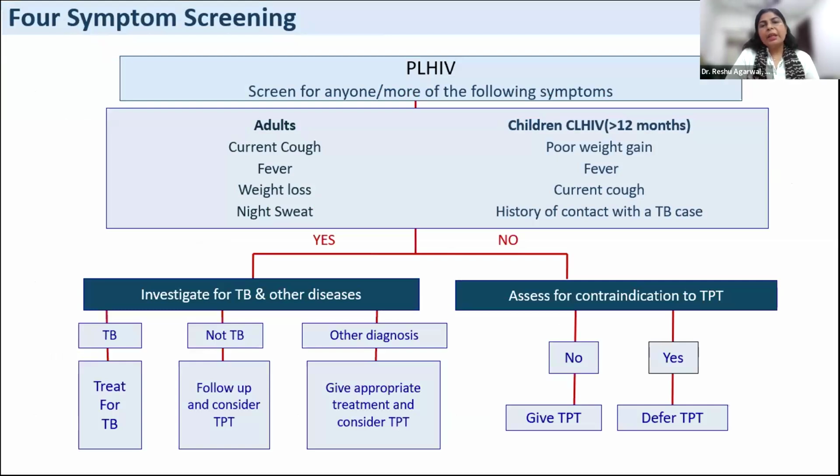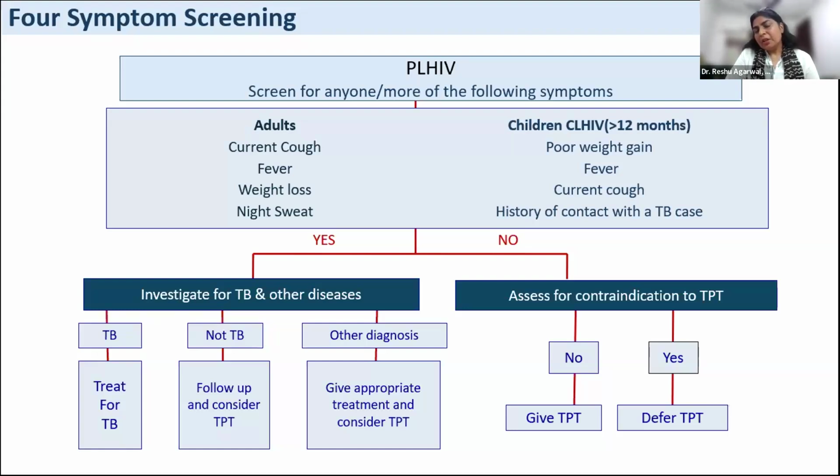So this is the diagrammatic presentation of the same thing which we discussed, that all children more than 12 months of age should be screened. And for adults and adolescents, the 4 symptoms are current cough, fever, weight loss, night sweat. For children more than 12 months, weight loss, fever, current cough, and history of contact with a TB case are the 4 symptoms. And if none of the symptoms are there, then in these cases, we can offer